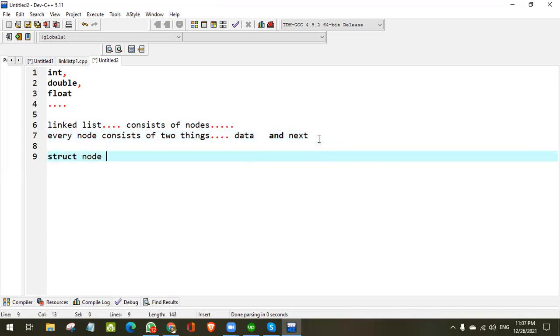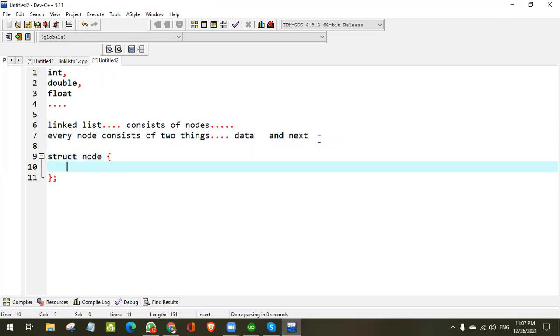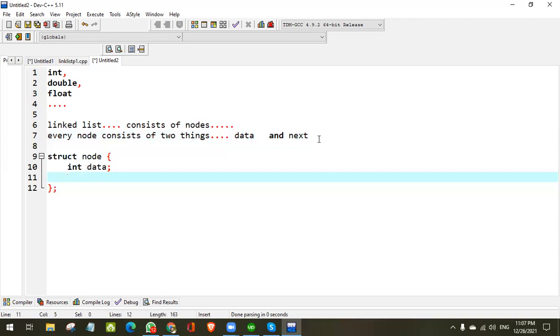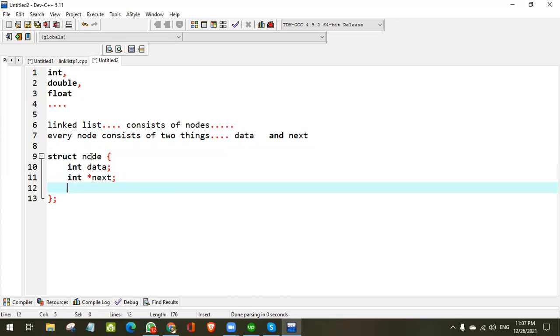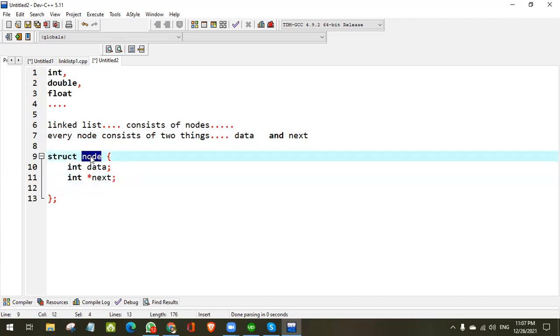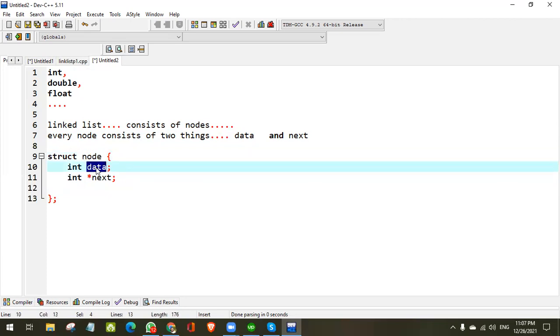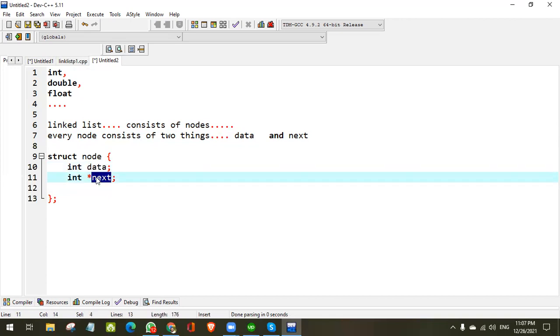I make a data type and I write its name node, like here. I make int data and I will write here struct node star next. So look at here, this node is a new data type that consists of two variables. One will be called data and the other will be called next. That is a pointer. You understand?